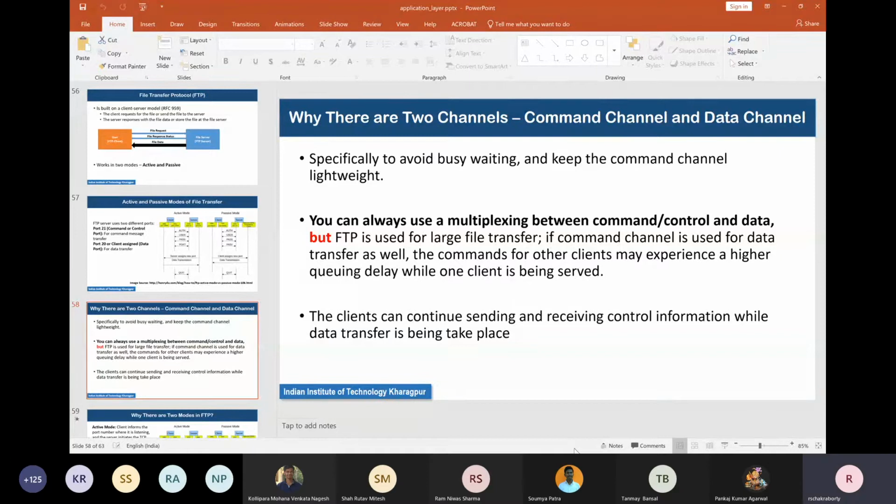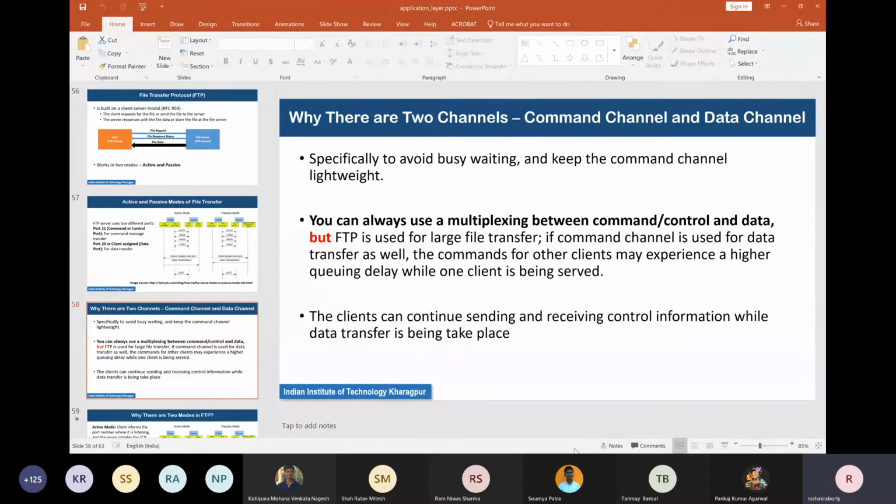Now the fundamental question: why are there two channels? Okay. Why are there two channels? Well, if you consider the server, it has to keep listening to the port for incoming commands and process them.